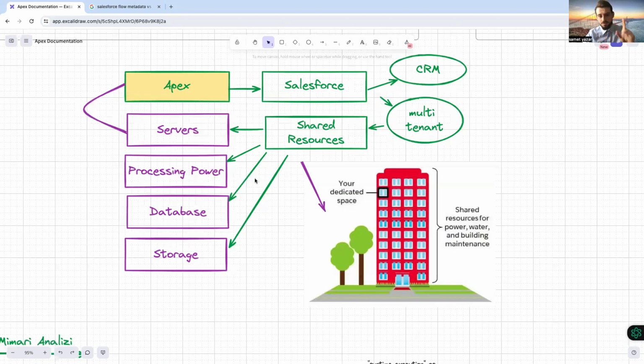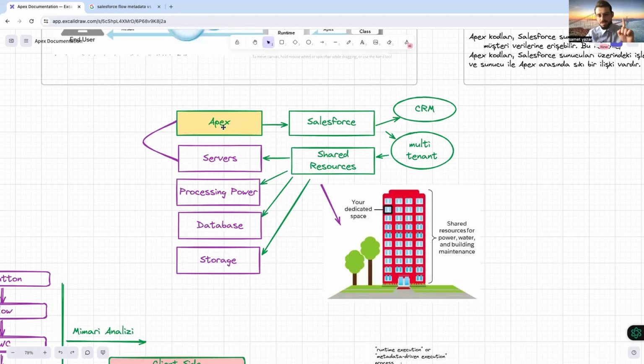So, answering the first questions, I was trying to understand Apex and its basics. I asked this question: what is the interaction between Apex and the server? How is Apex working? For example, in the Salesforce org, when you create and write one Apex code, or I will take one scenario here,